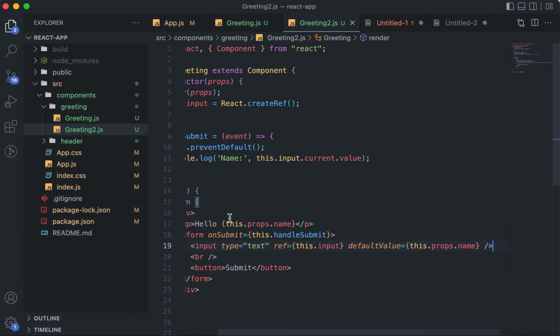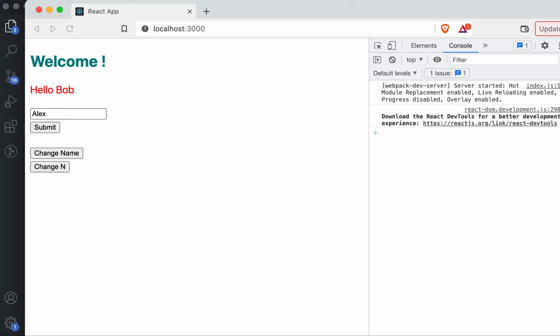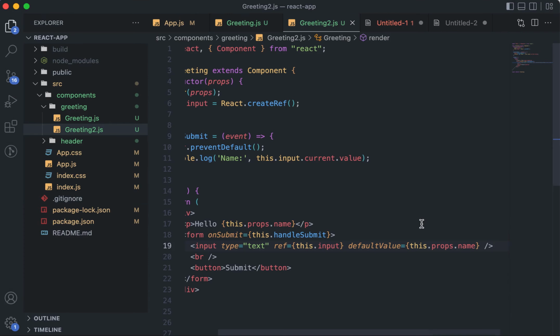Because this is actually only used here. So you can see that this has changed, but still this value has not changed. Why? Because at the time of first render of the particular input element, whatever is the value at that point of time, only that value is read only once, and after that it is never touched. Okay,